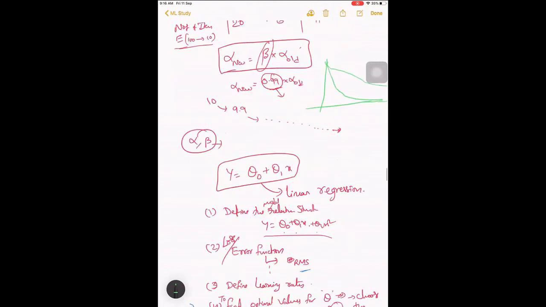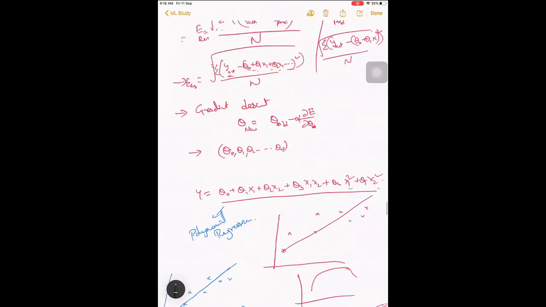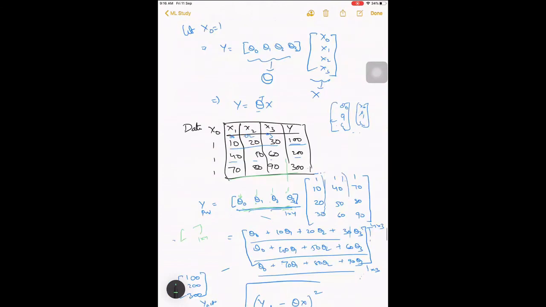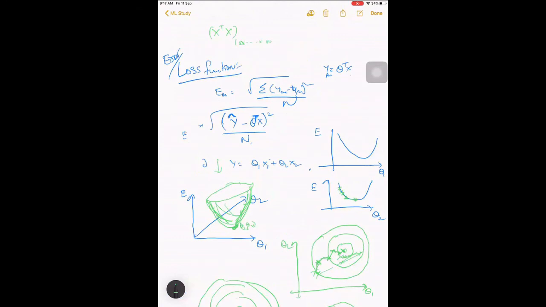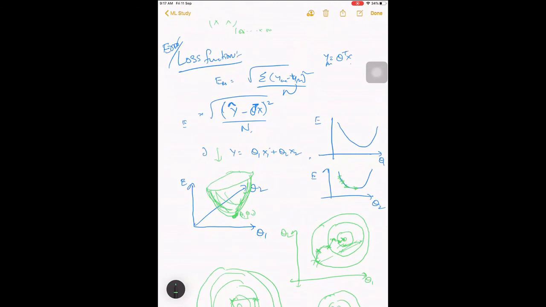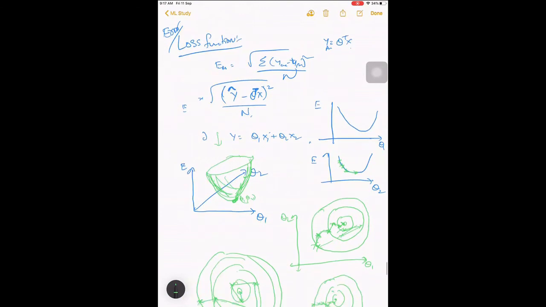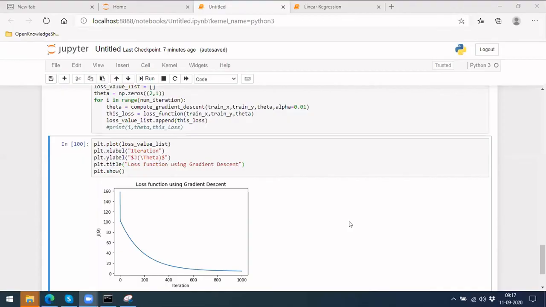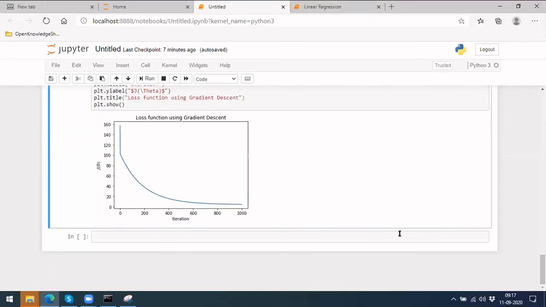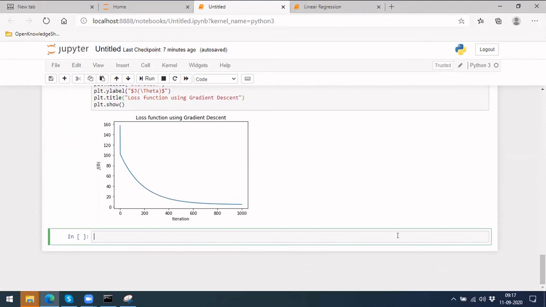Also, we discussed last time that we could do this kind of plot for theta 0, theta 1 and theta 2, where we can get a 3D plot and visualize this kind of plot here, right? So we can also do something like this. Let's do that now and see how we can plot. Let me share the screen again and go back to the notebook. I have already implemented it, and I'll be adding that code here.